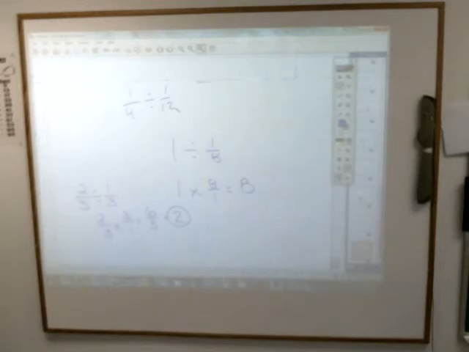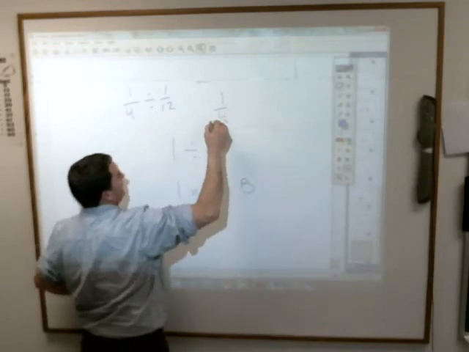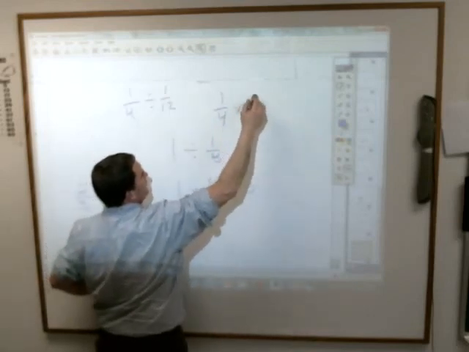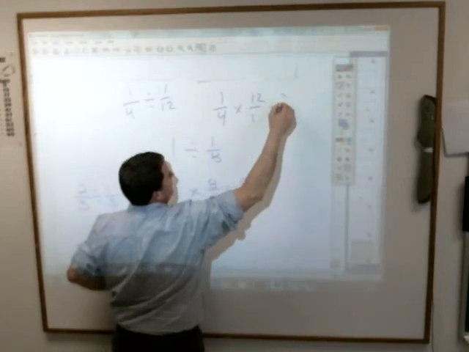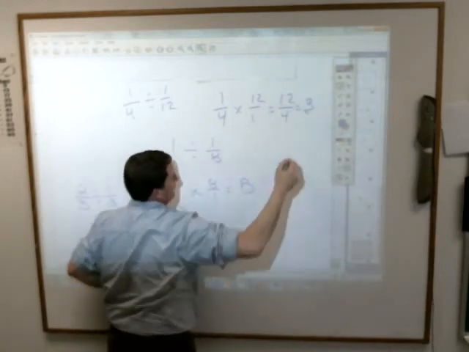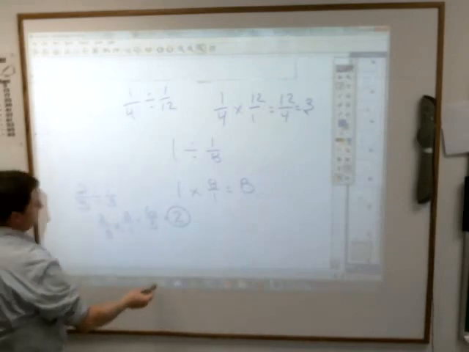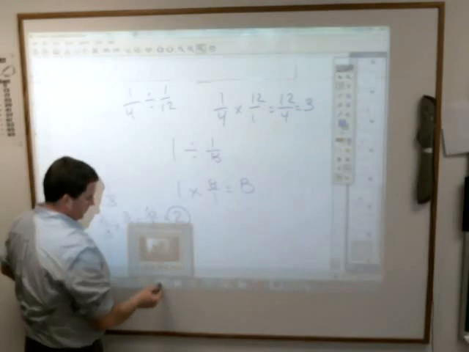Multiplied by 12 over 1, and Madison says 3 is correct. Because you take 1/4, instead of dividing by 1/12, you multiply by 12 over 1, which gives you 12 over 4 if you multiply across, which is 3. So, Shazam. Congratulations, children. You are one step closer